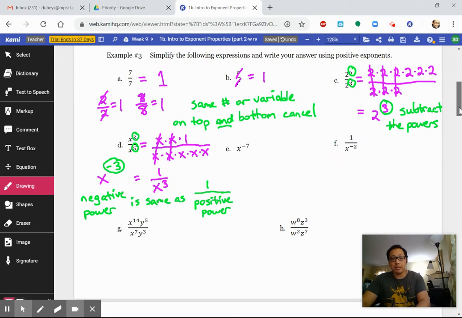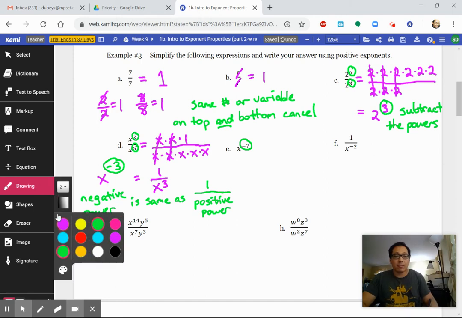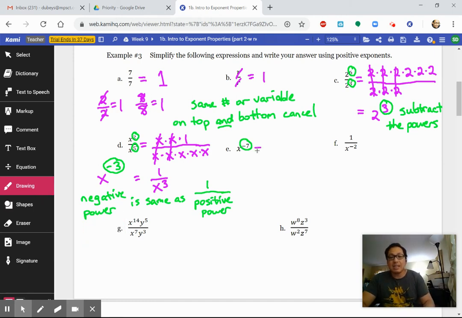So if I asked you to rewrite x to the minus 7, right? Here's a negative power. You might be like, wait, what negative power? What are you talking about? That can't be. You can't have negative powers, right? Like, power means that's how many times you multiply it by itself. You can't multiply it by itself negative times. But if you think about it, what's the opposite of multiplying? It's dividing. So really what this rule says is that this is the same thing as dividing 1